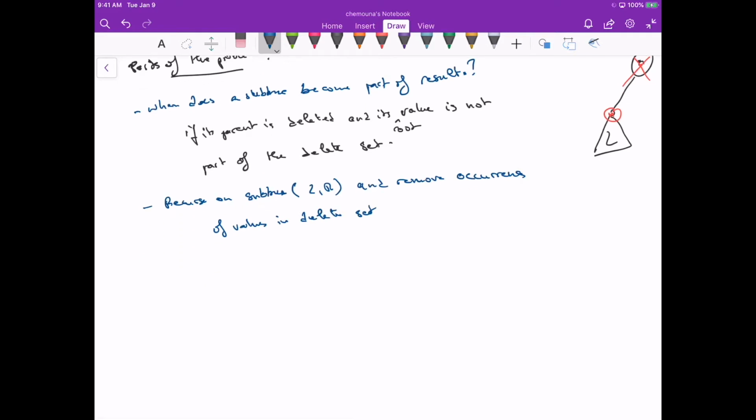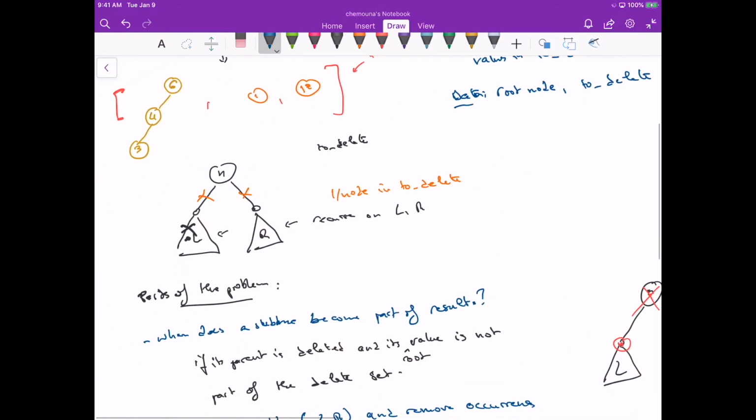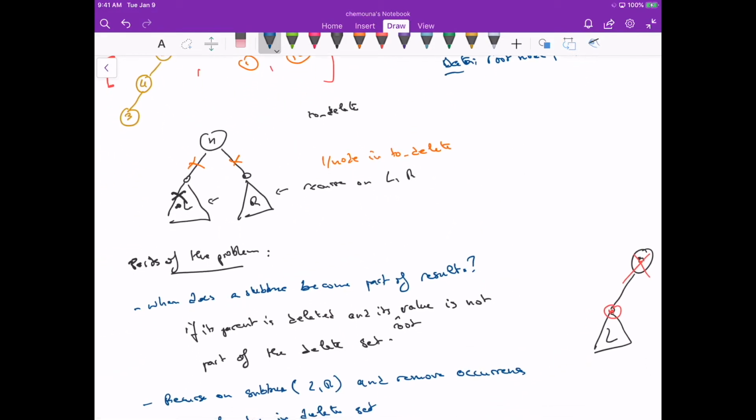Okay, now what else can we think about? So when a node is in to delete, so when we find that a node like we did here is in the delete set, then we know that potentially its left and right subtrees are part of the result array. Potentially, I mean, because maybe the node is in the delete set, it's the parent node, and at that point we can't add it, but potentially the left and right subtree are part of the